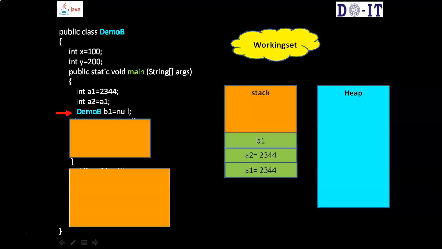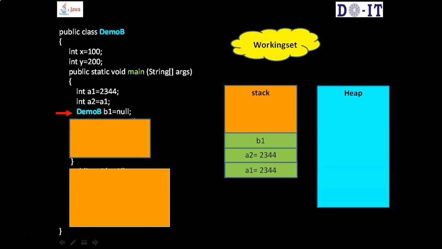In primitive types, the memory allocated for the variable will be used for storing the value, whereas in objects, references will be stored in a separate memory location where 4 bytes of memory will be allocated to it, whereas the objects will be loaded in the heap. The 4 bytes that is allocated for a reference is sufficient enough to hold the address of the object once it is instantiated. So notice here, a1 is in the stack and the value 234 is stored in that very same location where a1 has been declared.